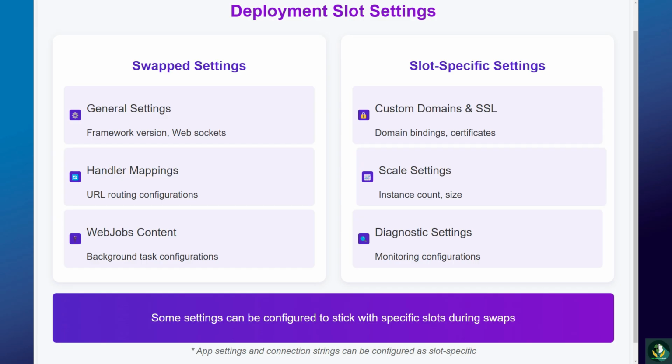Settings that swap between slots include general framework configurations, such as runtime versions and WebSocket settings, handler mappings that define URL routing, public certificates for secure communications, WebJobs content for background processing, hybrid connections for secure on-premises connectivity, and service endpoints for network integration. Settings that stay with their original slots are